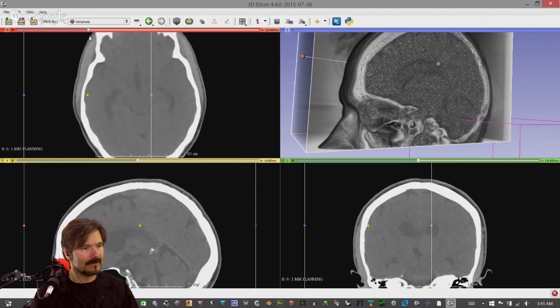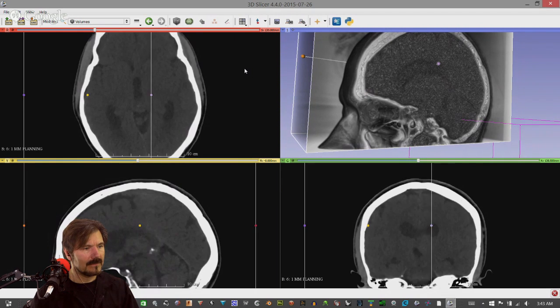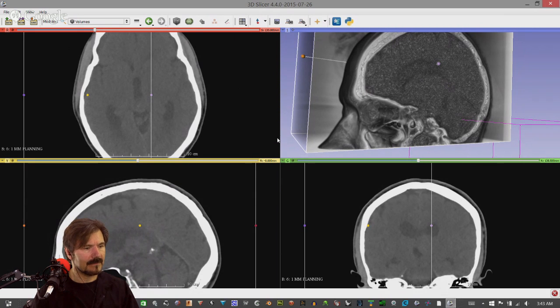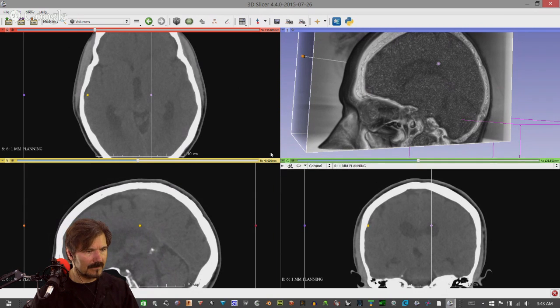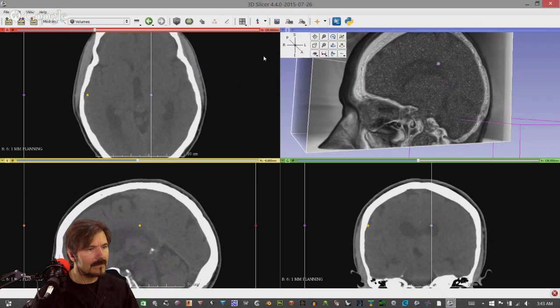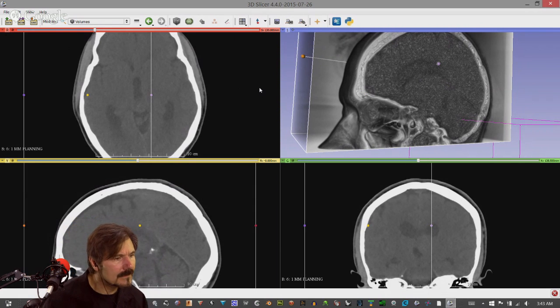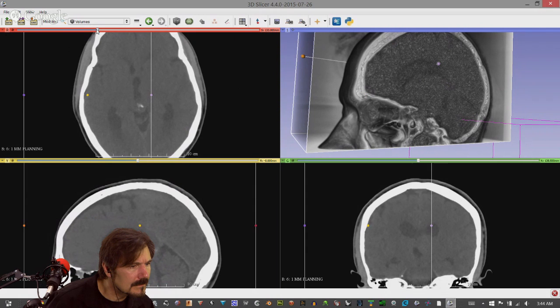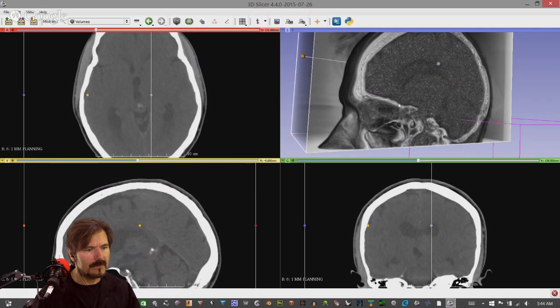Okay, and as you can see, the definition on this is not as good as the monitor I was using at work. Yeah, that's exactly. You change it there. You can see kind of where that is. You're going to see a mass. It looks a bit heterogeneous. And I'll have a better view once this is uploaded. I'm at 50% right now. So a little bit